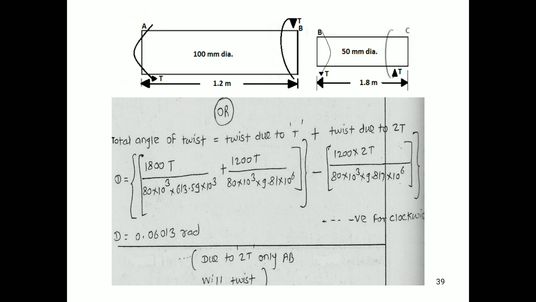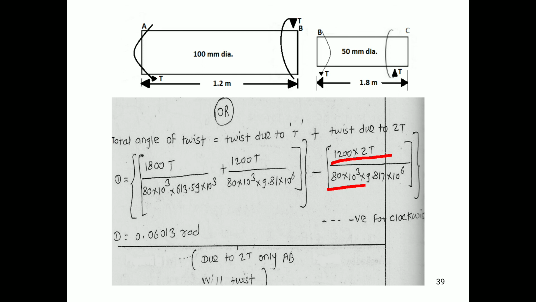Minus, because it is acting in clockwise direction, minus twist due to twice T. So the effect of twice T will be on AB only. The effect of T will be on both AB and BC. The effect of twice T will be on a single shaft only, that is AB. Therefore we will consider only one. So minus TL upon GJ of AB. So 1200 into twice T upon G value is 80 into 10 raised to 3 and the J value is 9.817 into 10 raised to 6. On solving this equation we have theta